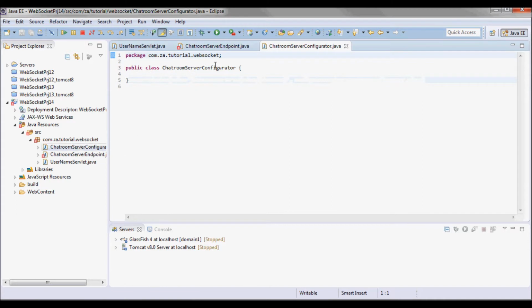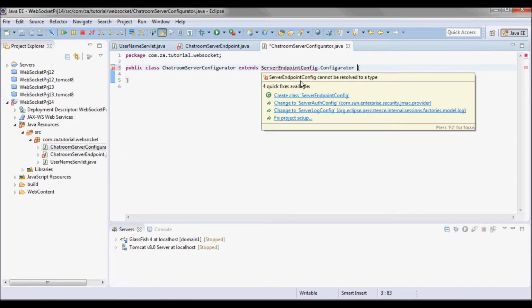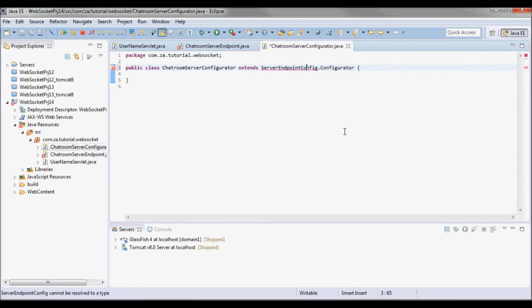So I'll make it extend, and I'll import javax.websocket.server.